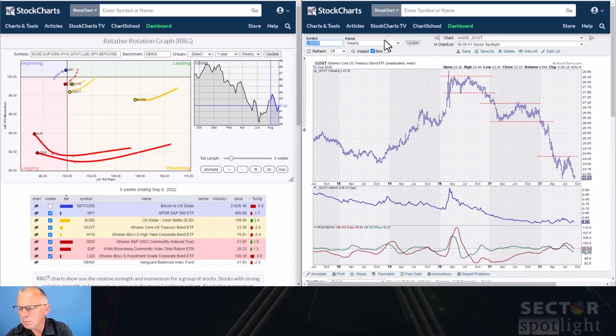We look at government bonds. Obviously, that's the entire curve, that's the aggregate. We can see that 23.3 is now offering support in terms of price for the Govt ETF. If you look at the relative strength versus VBINX, you can see that it's starting to weaken again, and the red line is almost crossing below 100, which will push GOVD into the lagging quadrant that you can see here